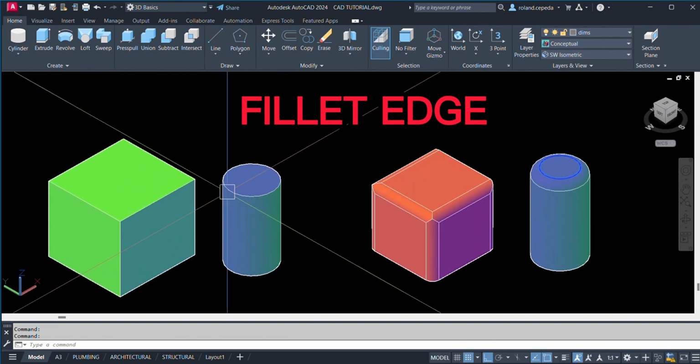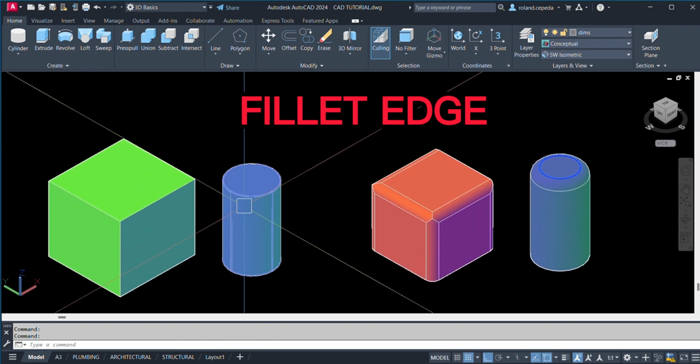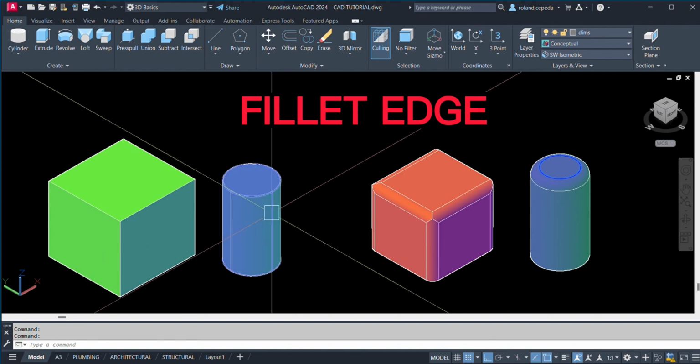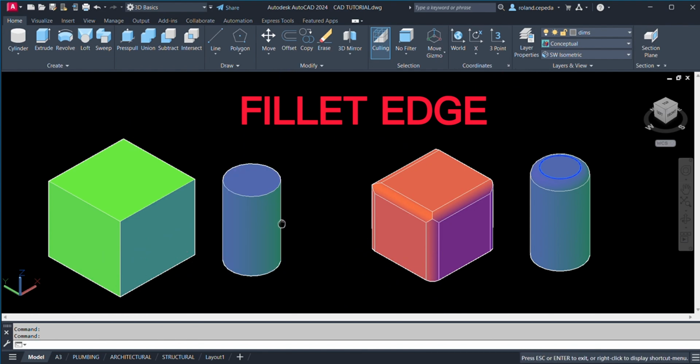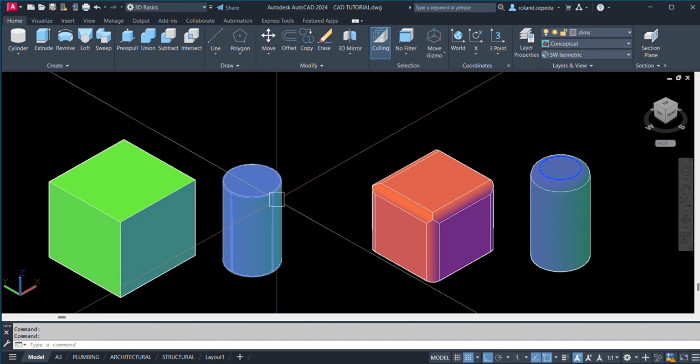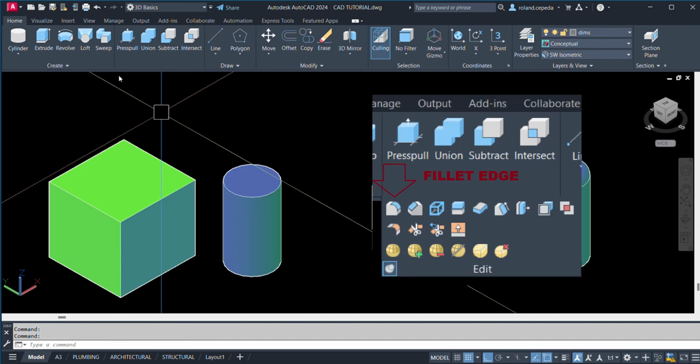So as you can see, I have prepared already two objects here, same as the objects at the right. Let us try this one, the fillet edge, which rounds and fillets the edges of solid objects.